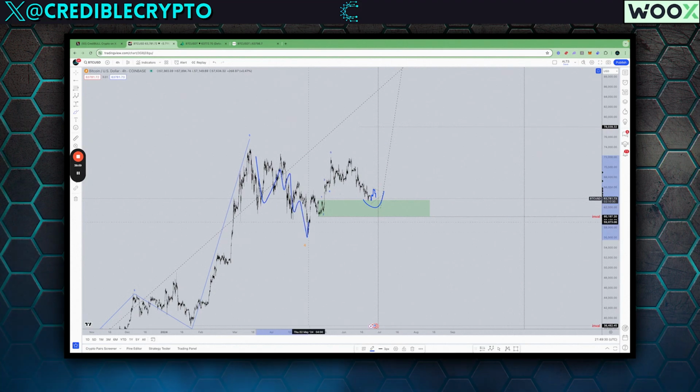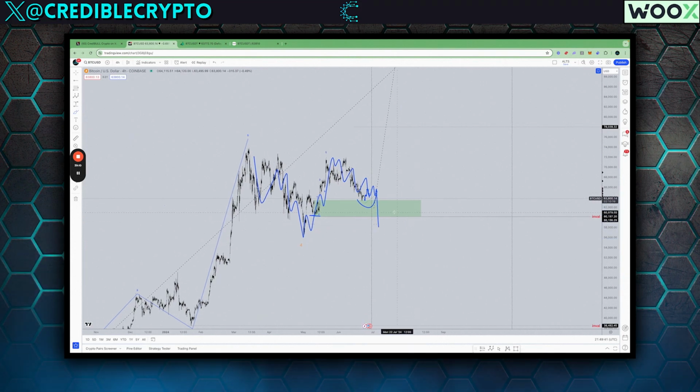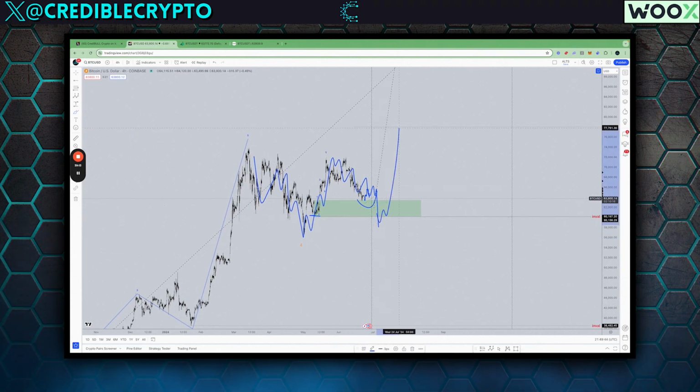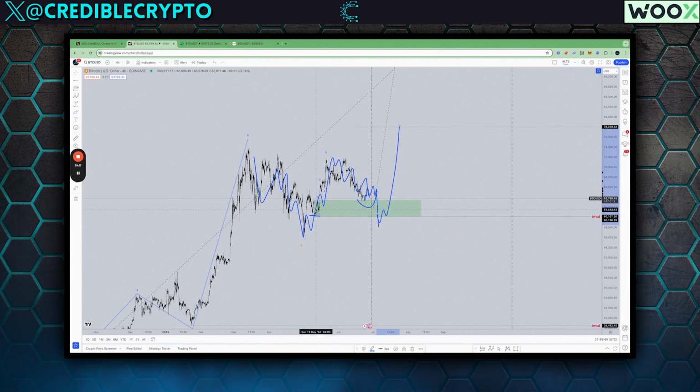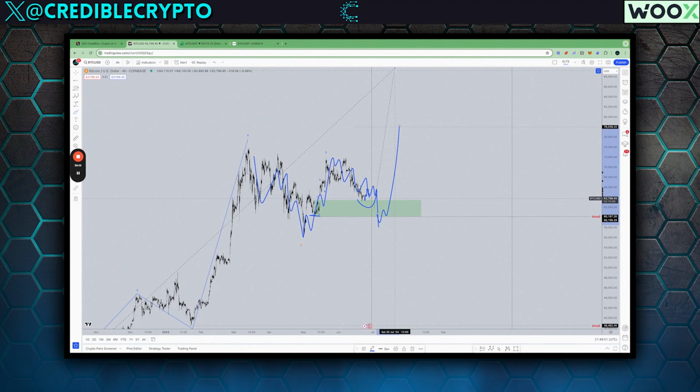We've seen a bunch of chop. If we break 60K here, the impulse that we identified has been invalidated, which means the chop continues. That doesn't mean that we can't take 60K and then reverse into a new impulse. That's certainly possible. It simply means that what we identified as the start of the fifth leg is no longer the start, and we're going to create a new start.